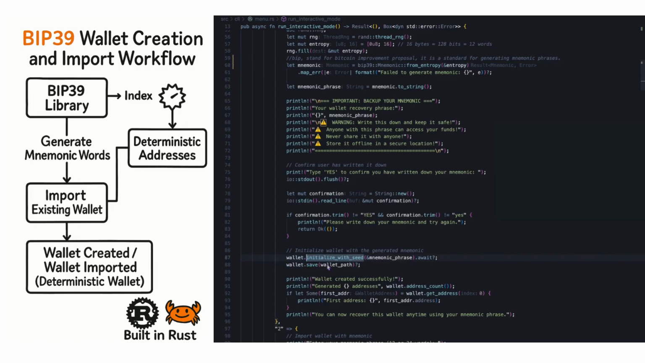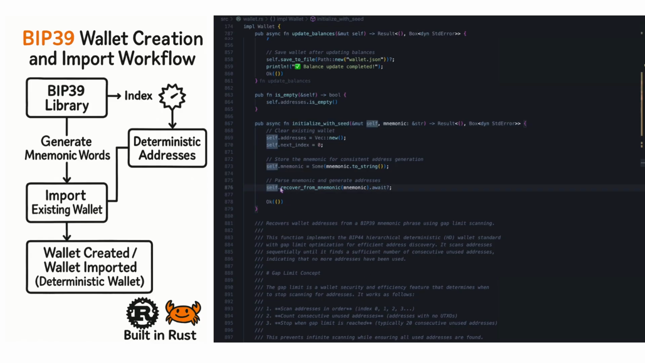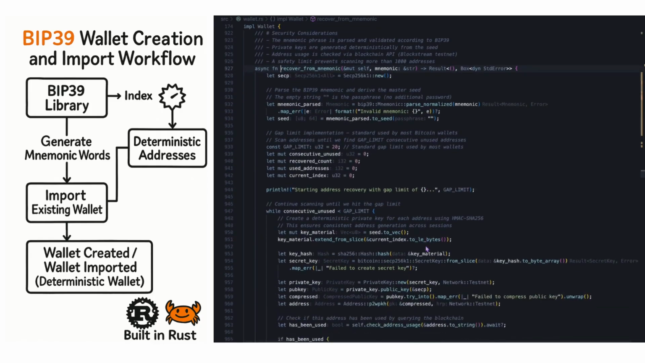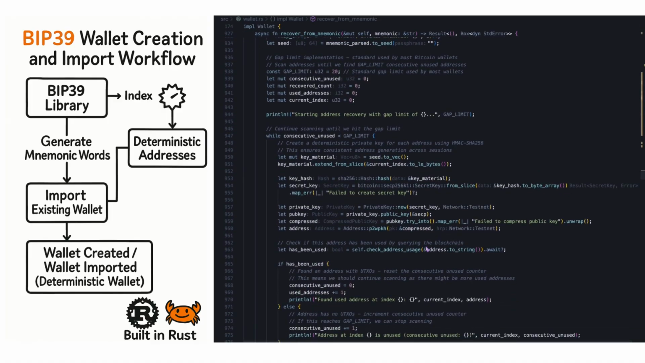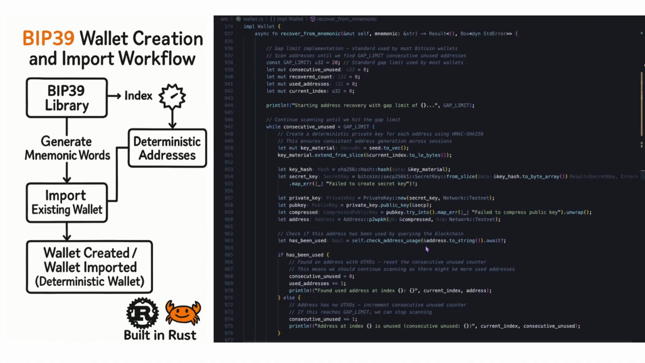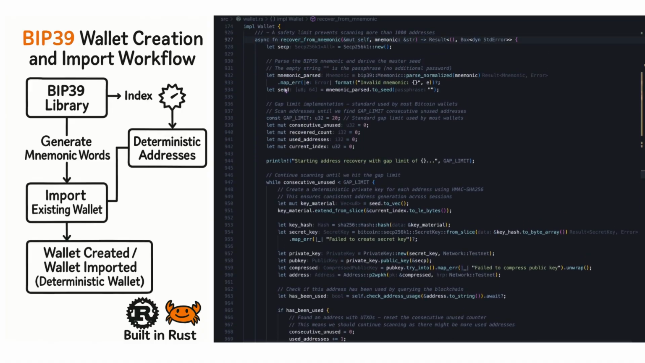Now let's move on to how it generates addresses. Let's go to this function. This is a quite simple function that generates addresses. Using a combination of mnemonic words and an index, the wallet can generate as many deterministic addresses as we need. This means that if you later import the same mnemonic words and use the same indexes, the wallet will produce